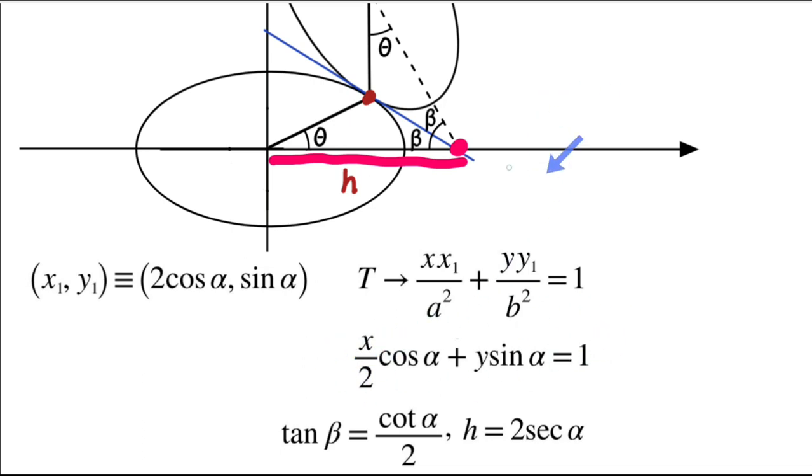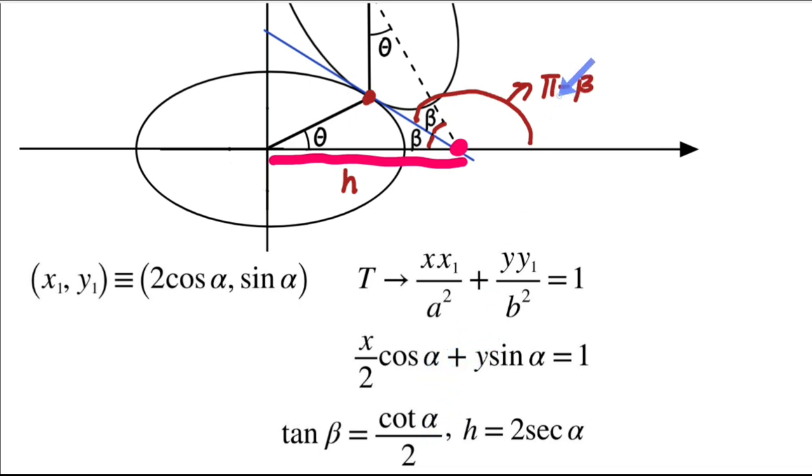So this line is making angle pi minus, so this half angle is beta, this half angle is also beta. So this angle will be pi minus beta. So it is making angle pi minus beta with the positive x axis, and from this straight line we are getting the slope as, if I write this as y equal to mx plus c, so the slope is coming out to be minus of cot alpha by 2, right?